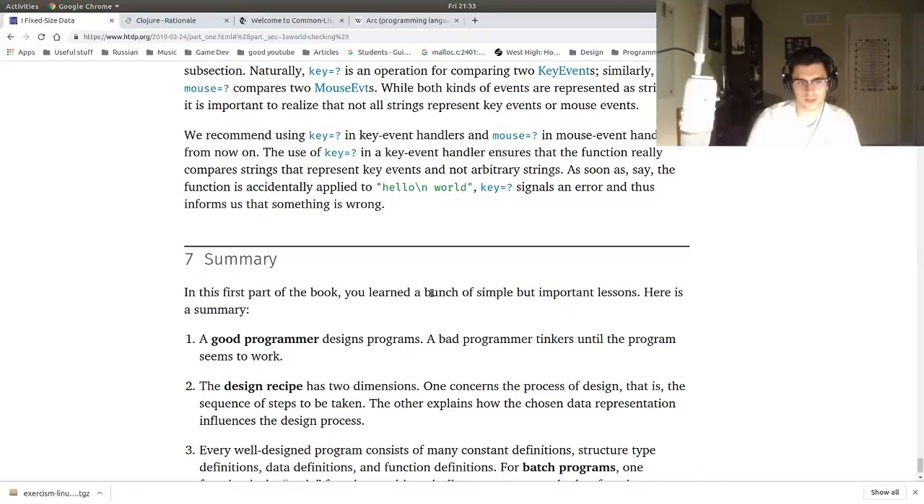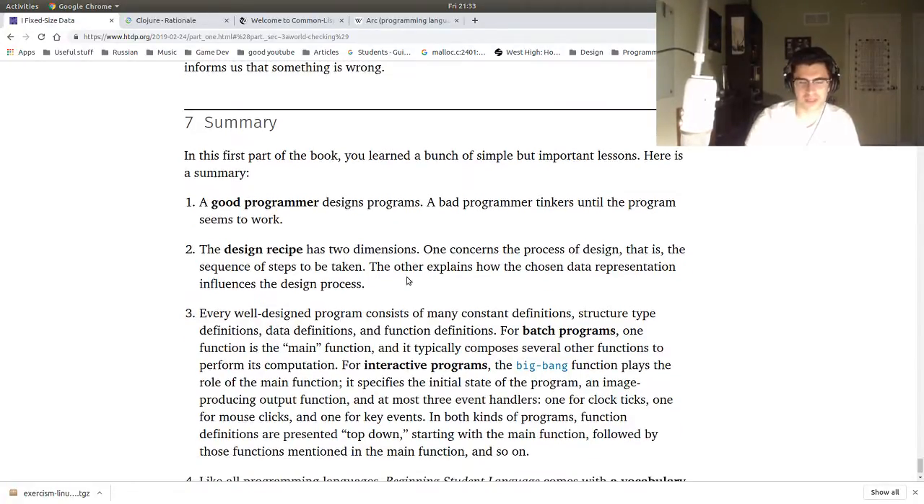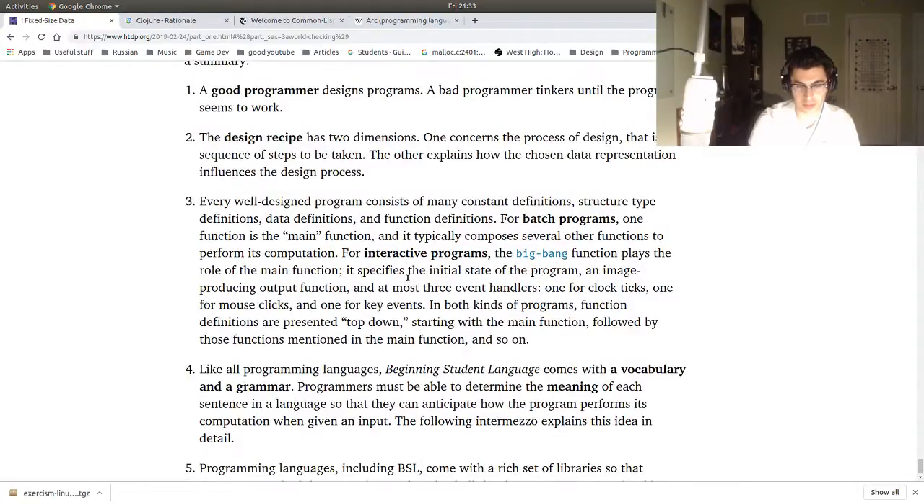Summary. In this first part of the book, you learned a bunch of important stuff. A good programmer designs programs. A bad programmer tinkers until the program seems to work. The design recipe has two dimensions. One concerns the process of design, the other the sequence of steps to be taken. Every well-designed program consists of many constant definitions, structure type definitions, data definitions, and function definitions. For batch programs, one function is the main function, typically composed of several other functions. The structure program's Big Bang function plays the role of the main function, and it specifies an initial state,